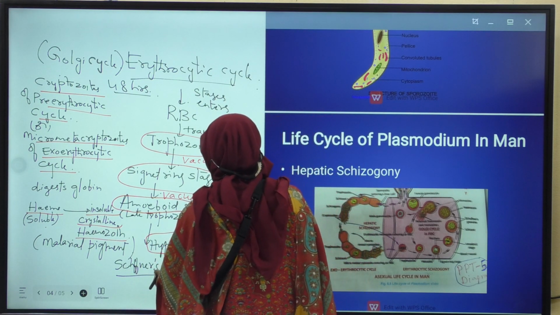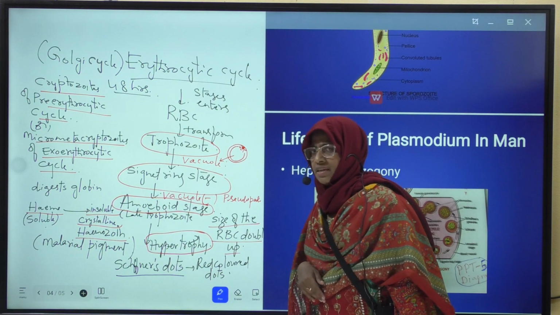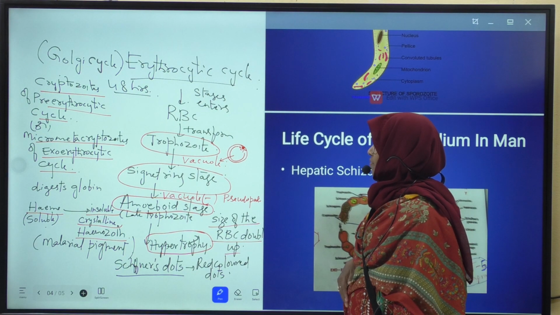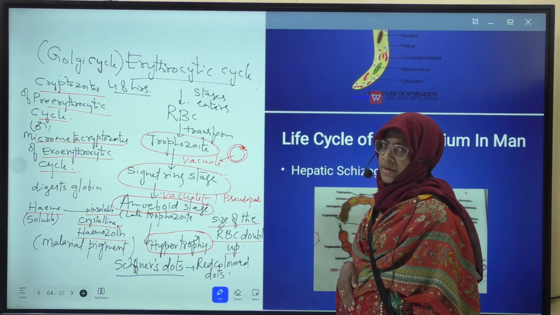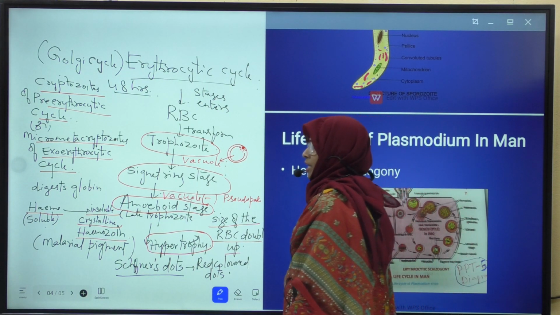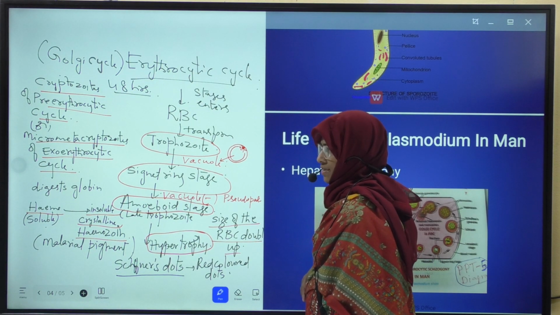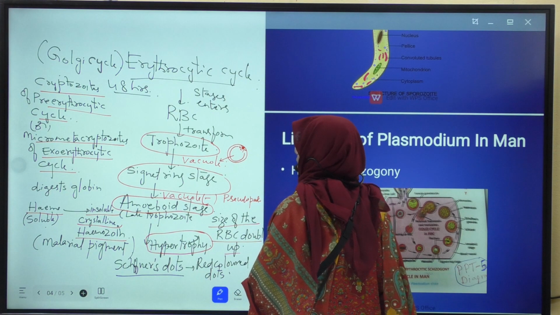Okay? Here once again I am repeating Schaffner's dots. What are Schaffner's dots? These are the red color dots found in the RBC of man. These are believed to be antigens excreted by the parasite. Okay, Schaffner's dots. Next,